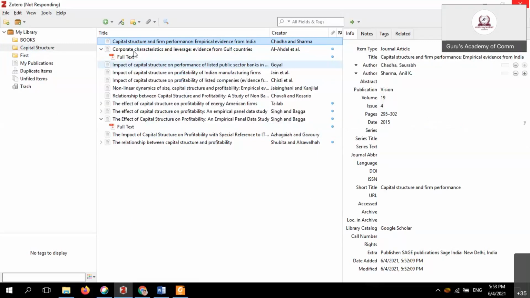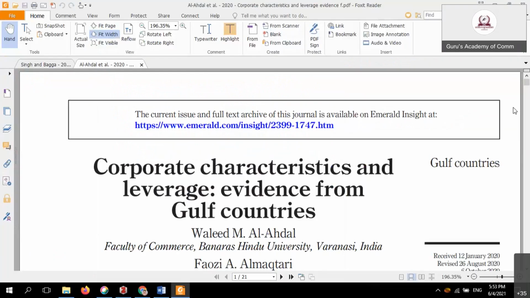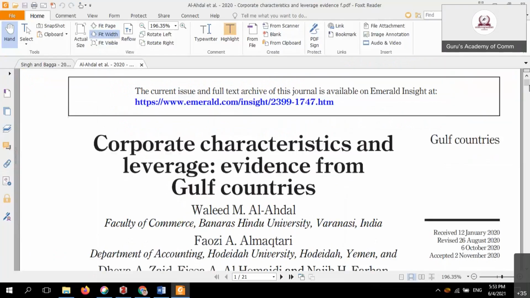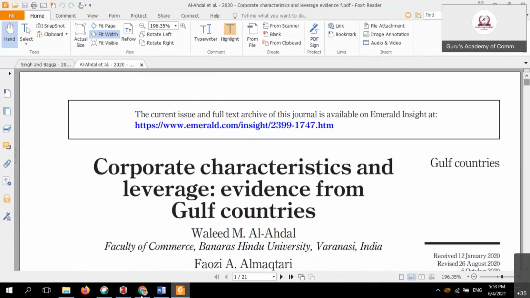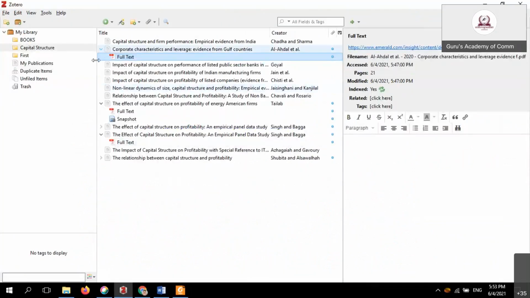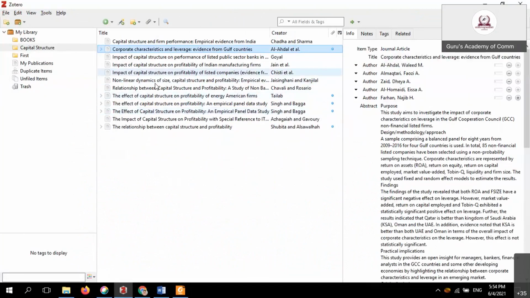Okay, now evidence from full text. This is a simple idea. You have been working on n number of articles within a fraction. Now you go to Zotero. Now these are the content. These are the items having content. Simply you understood about the full content. That is called PDF is available. Okay. Are you able to follow?